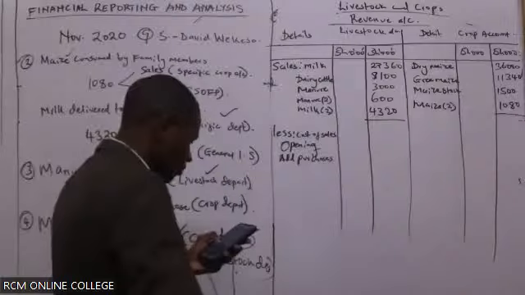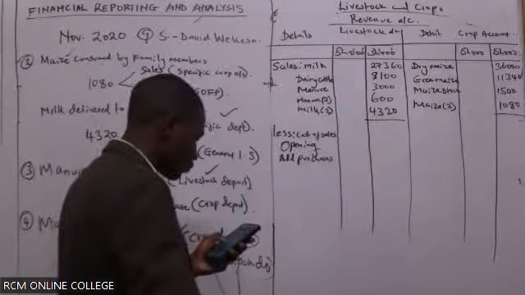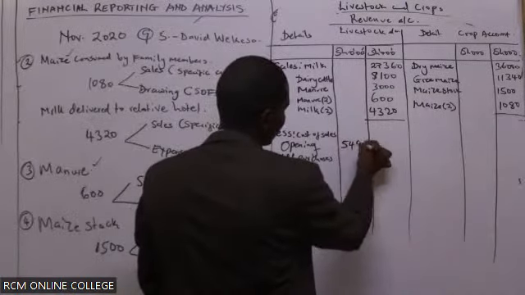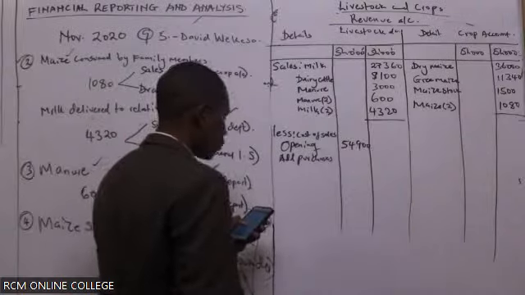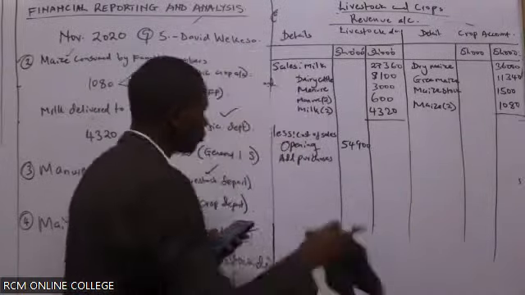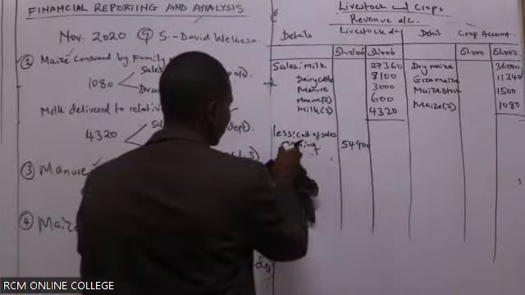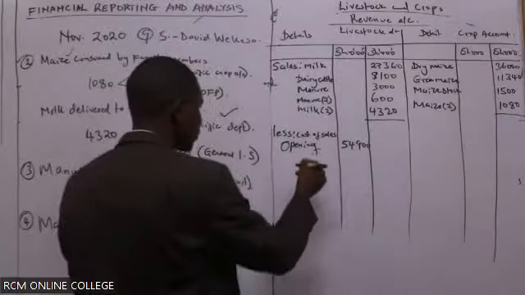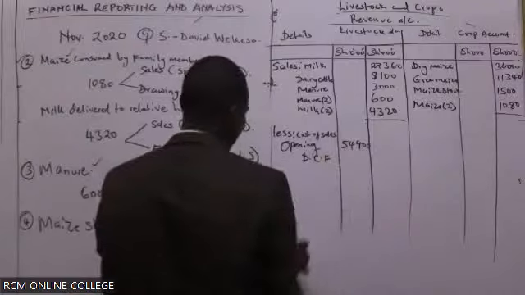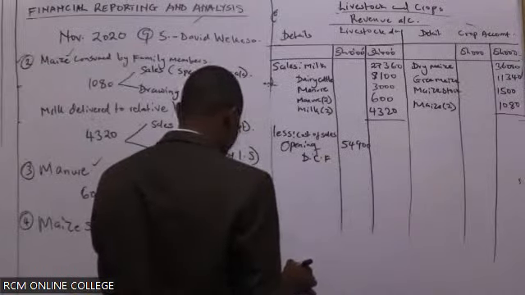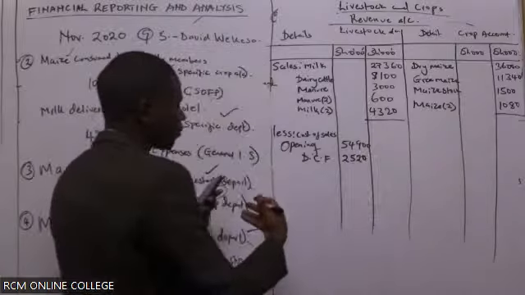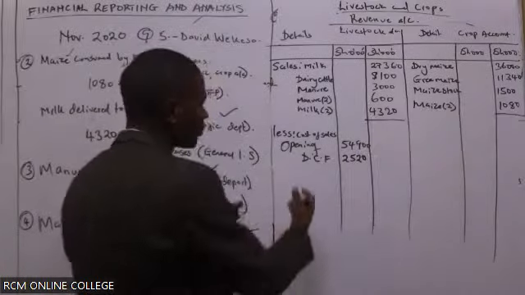So if I look at my opening inventory, dry cattle 54,900. Tuko na openings ziko mingi, so we have to highlight all of them. So maize growing, dairy cattle feed. Hiyo tunapewa ngapi? Dairy cattle feed ngapi? Just check. 2520. Na tuko kwa opening, right? Kwa opening. So done with that.